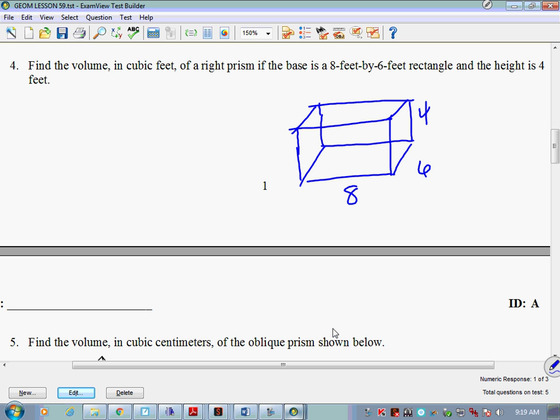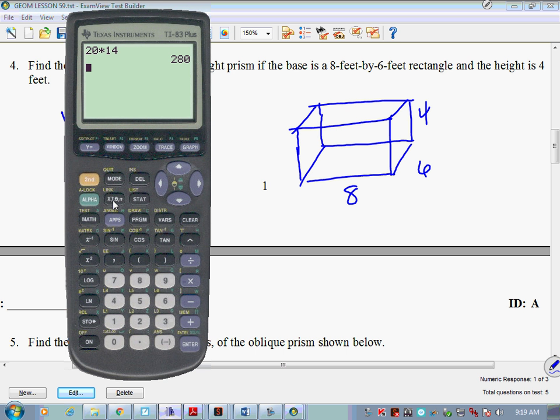So volume equals area of the base polygon. Because it's a rectangle, it's 8 times 6 times the height of 4. So it really is length times width times height. 8 times 6 times 4, which is 192